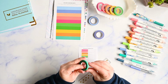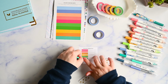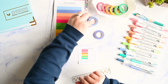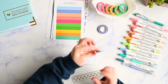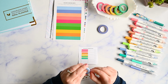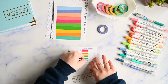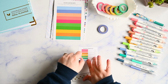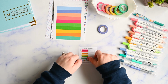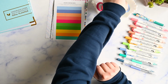And this is like a more teal green, and that is for home and spaces. And then I suppose we'll do this lighter blue, and this is finances. I know a lot of people have said blue doesn't mean finances to them, like green means finances and blue means health and just other things. Red means health to a lot of people, but like I said, just change them, make it what you want,